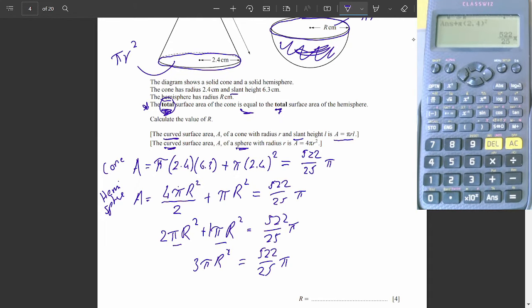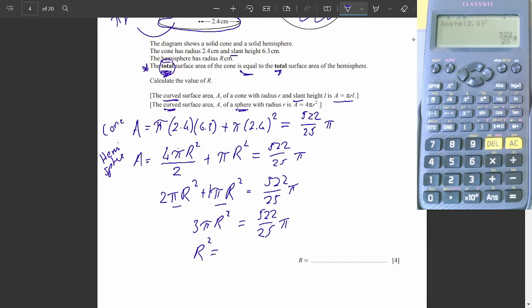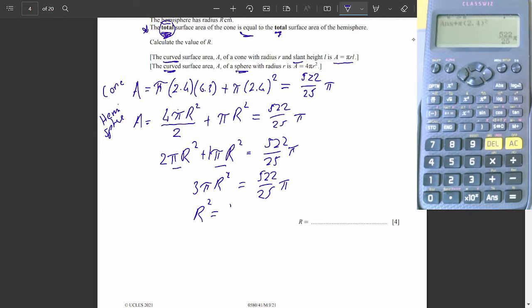Okay. Now, next thing, let's get rid of this 3 pi. This is 3 pi times r squared. So what we can do is divide both sides by 3 pi. So in the end, it's going to look like this: our whole answer over there